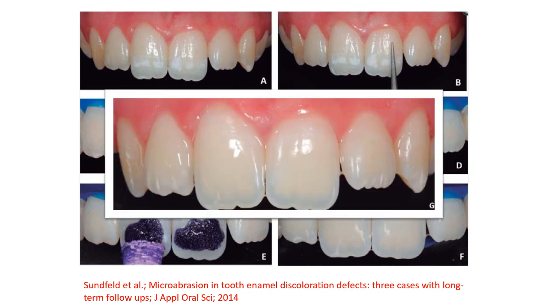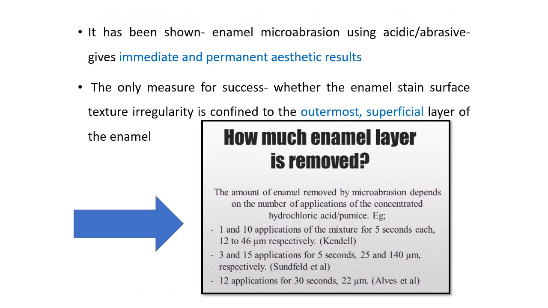You can see in this image that using the microabrasion technique, the enamel discoloration defects can be removed. How much enamel layer is removed? The amount of enamel removed by microabrasion depends on the number of applications of the concentrated hydrochloric acid and the